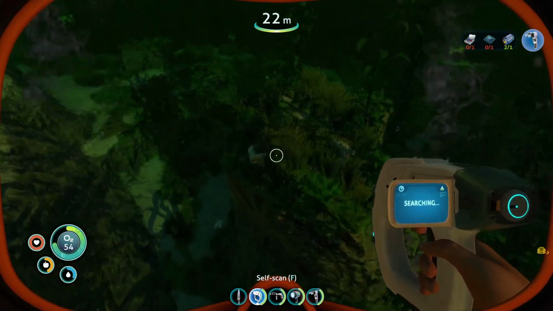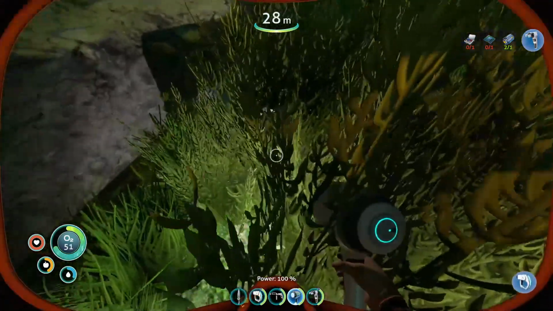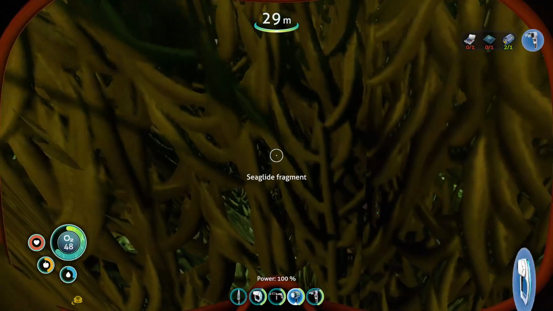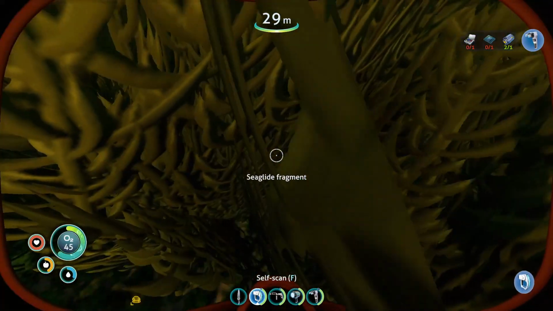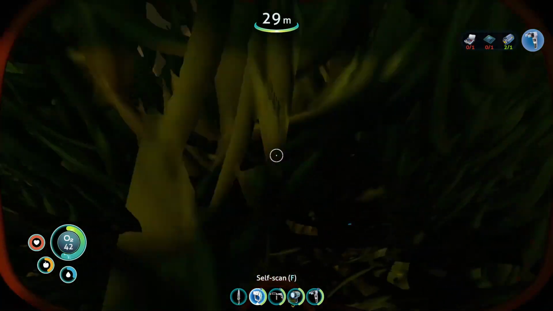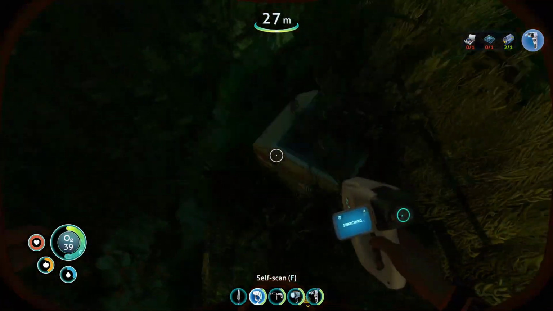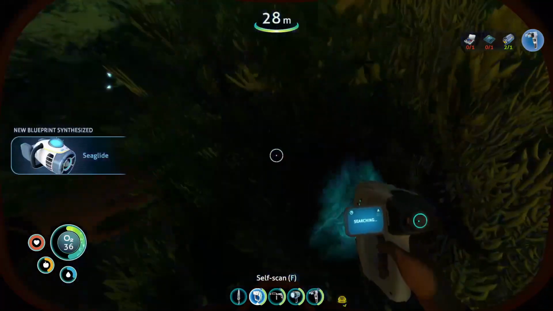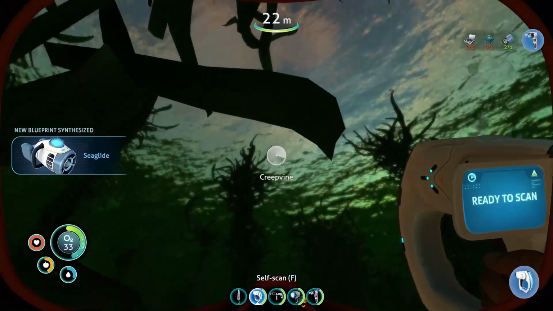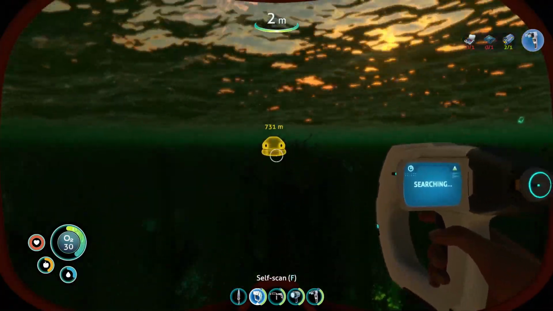Oh, there's some more stuff down here. Let's go and have a look. You've really got to keep your eyes out on here. Oh, Seaglide fragment. Perfect. Oh, this isn't helping. This really isn't helping, and we're running out of air as well. Where the hell is the... There we go. Got it. Finally, let's get up. Let's get some oxygen. Blueprint acquired. Okay, we're going to head back, and we're going to...